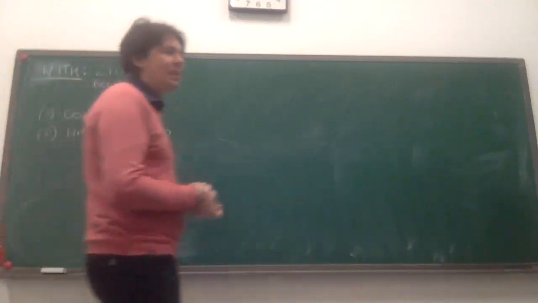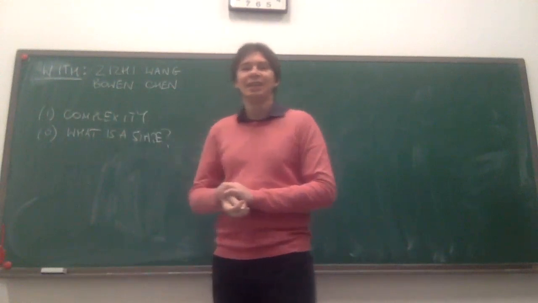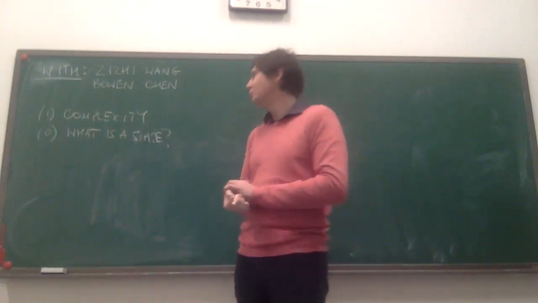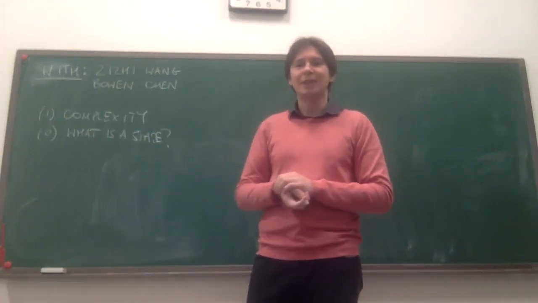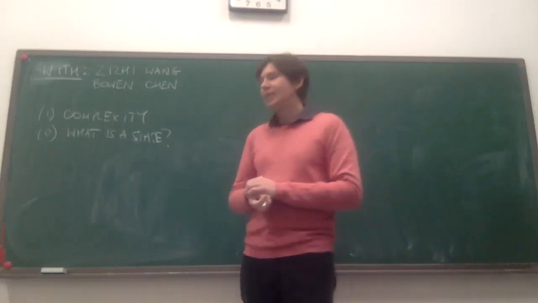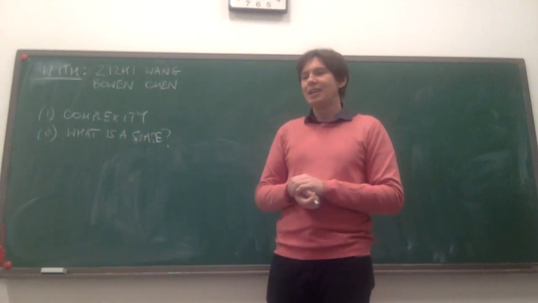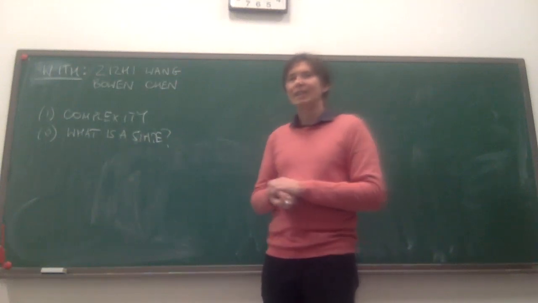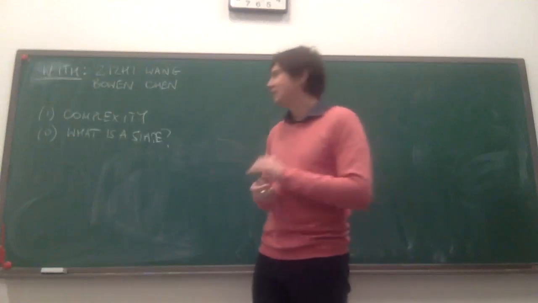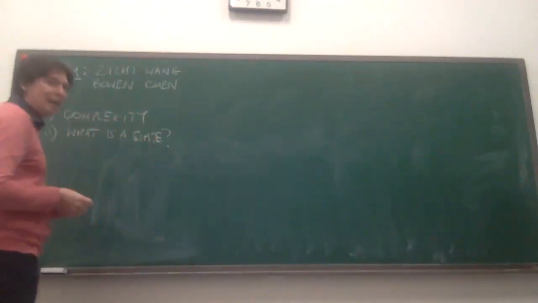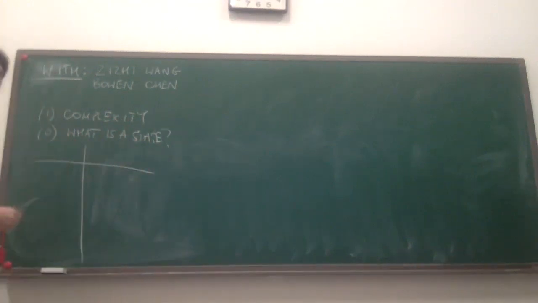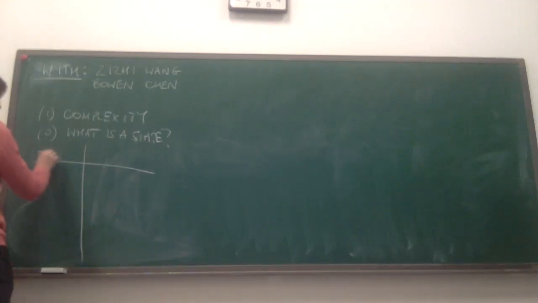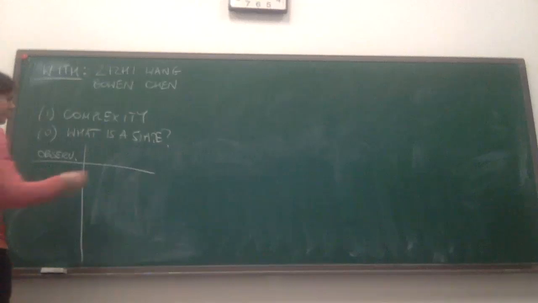A lot of the times when we talk about complexity, we have in mind a pure state in some Hilbert space. But of course, we might have to describe, and probably will have to describe, mixed states as well. And in that broader context, the following definition of a state, I think, is most robust. I'm going to make a table, where the first column is observables, and the second column is the expectation values of those observables.